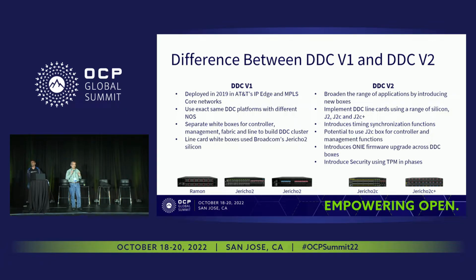The J2 is at 4.8 terabit per second switching capacity. J2C Plus is 7.2. We use a dual chip design, and basically the new box was born that we can bring up in the same 2RU box with up to 36 ports of 400 gig QSFP-DD connection